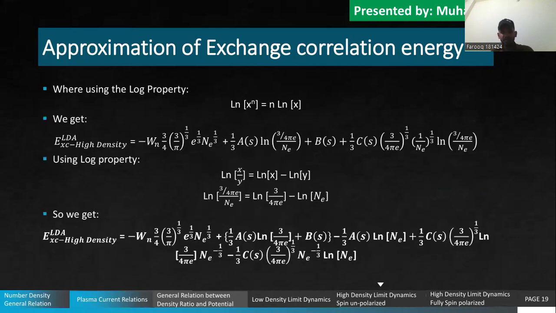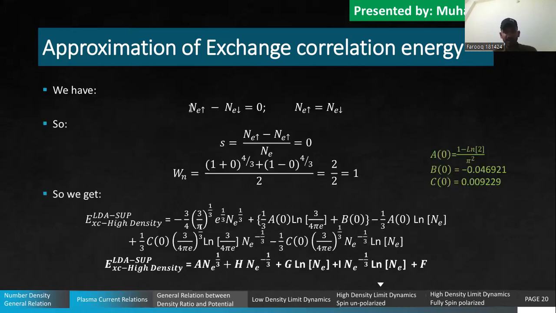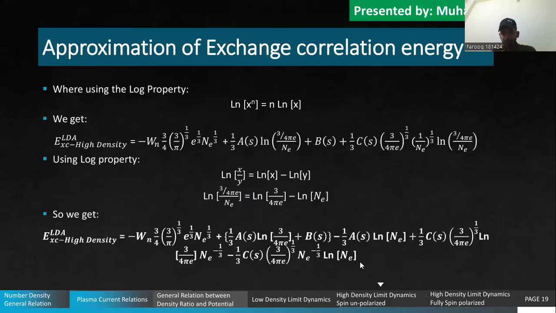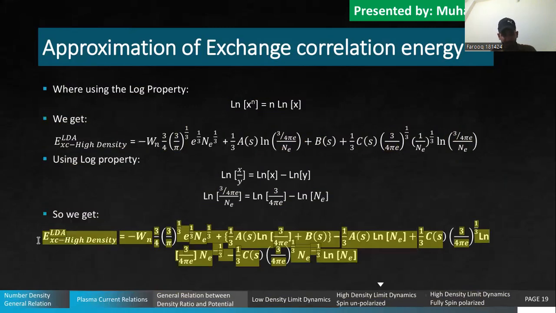Again, what I have discussed previously is shown here, that NE up minus NE down is equal to 0, because NE up is equal to NE down. The up spin electrons and the down spin electrons are equal, as is here. So when we put this here, S0 came, and when we put it in WN, we got this 1, WN. Okay. So simply, here is the relation which we have made,